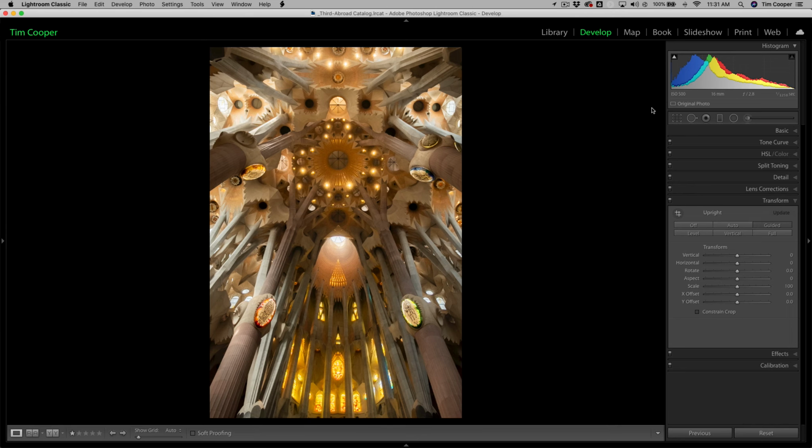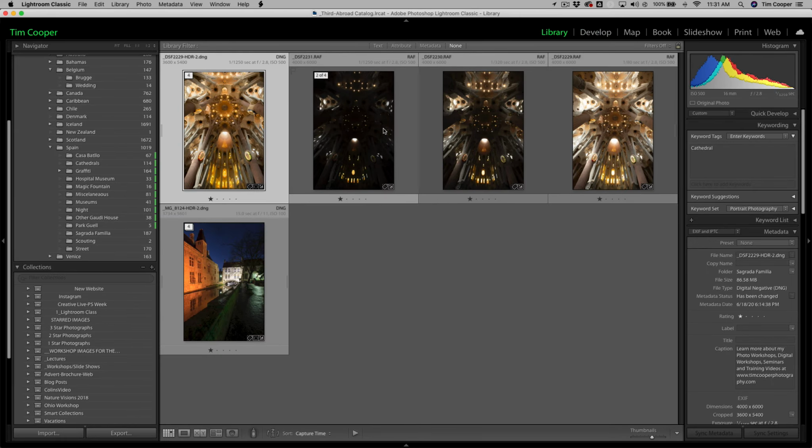All right. So folks, working with HDR is actually quite easy. The trick is simply to ensure that you get the proper exposures out in the field. And remember, you can do a little testing first. You don't have to do it all while you're actually making the images, but take a few test shots. Make sure you got some good highlights. Make sure you got some good shadow detail. And make sure you find out those numbers and set your camera to capture those images in 1 or 2